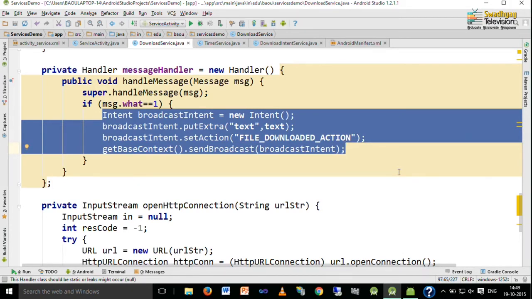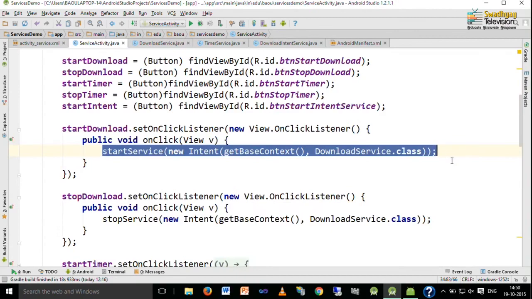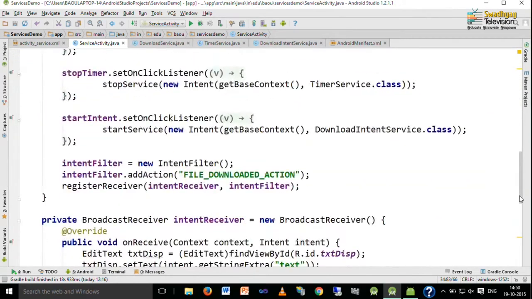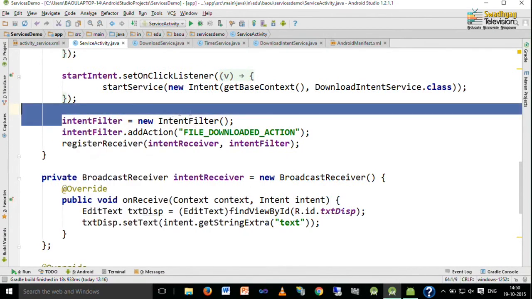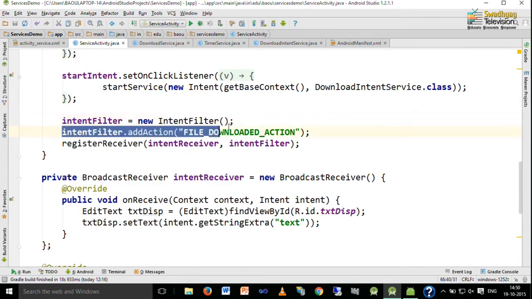activity using the send broadcast method, which takes an intent as argument, and this intent takes our downloaded file with key text. So, it again comes back to this service activity, and here we declare one intent filter, and in the intent filter we add an action with the same name specified in this download service.